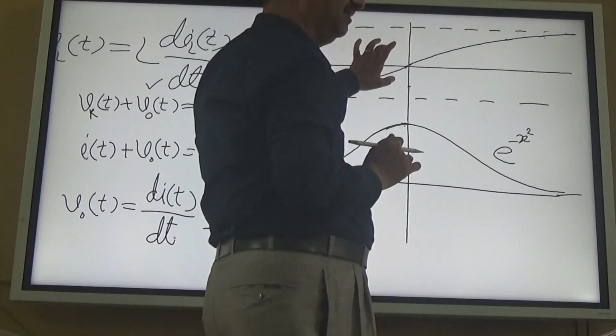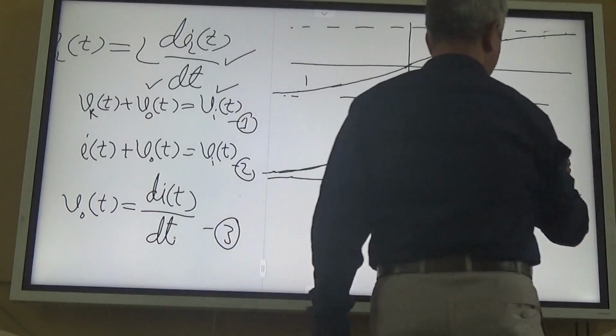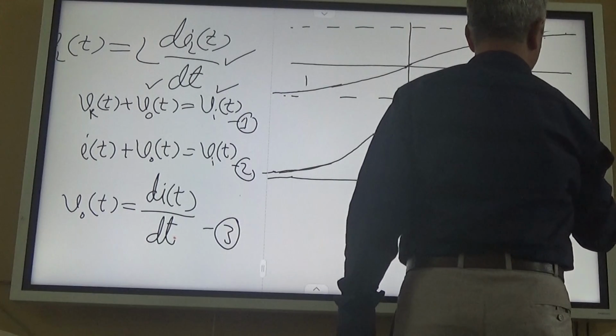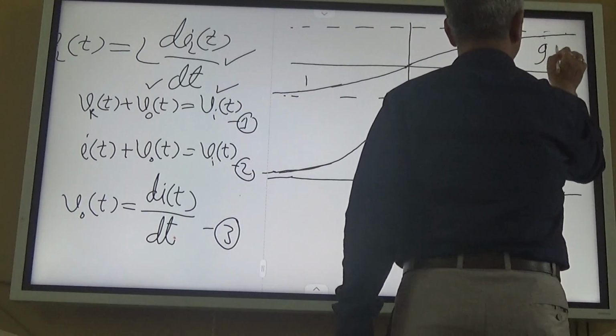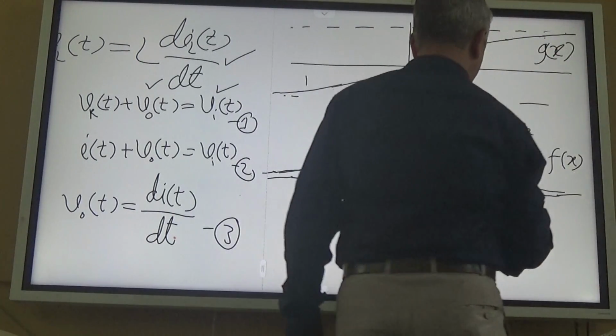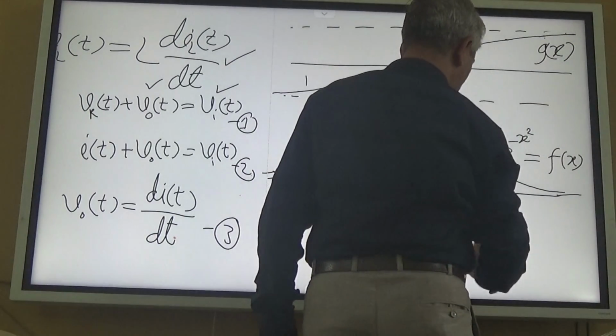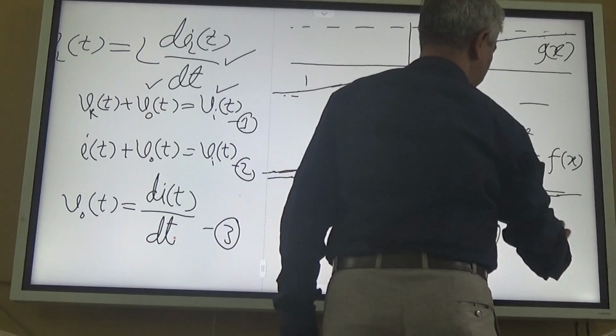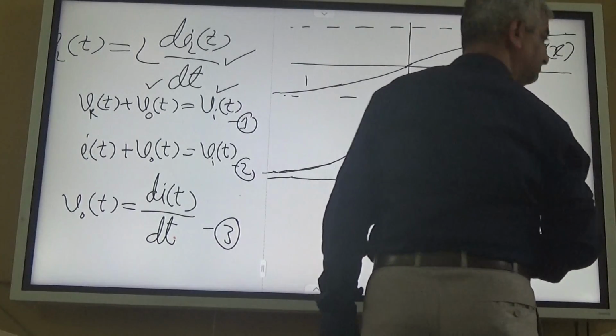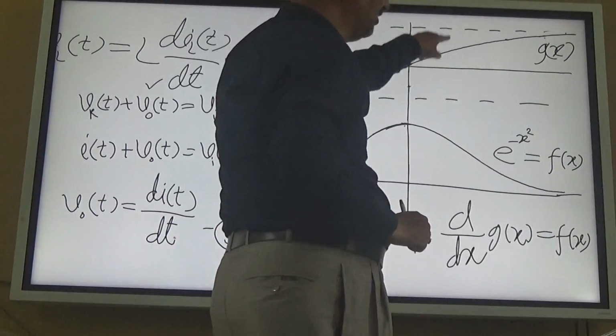This is a function. If this is fx and this is gx, so d by dx of gx equal to fx. But this gx